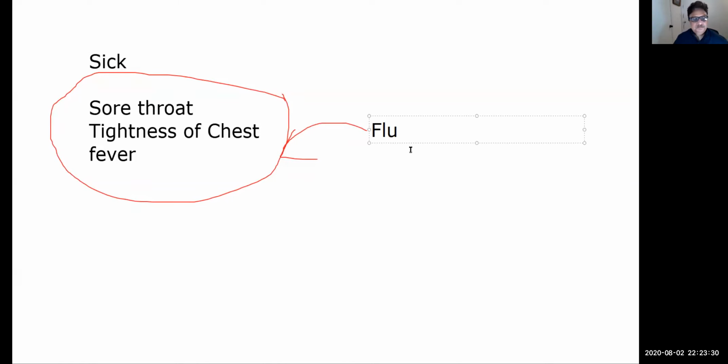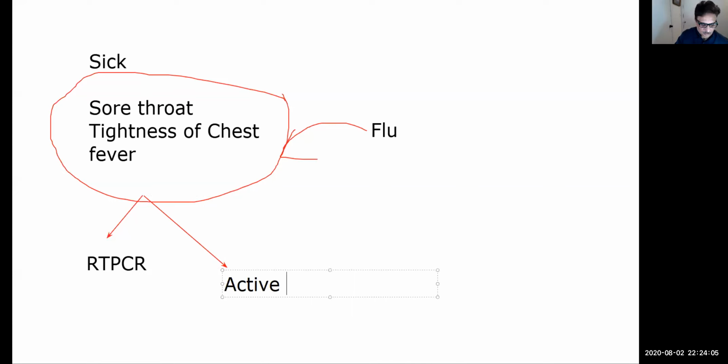So now, if in today's climate you would like to get ourselves checked up, let's say by doing RT-PCR for looking at active infection, right? Or we could do an antibody test for looking at both active as well as prior infection. Right?